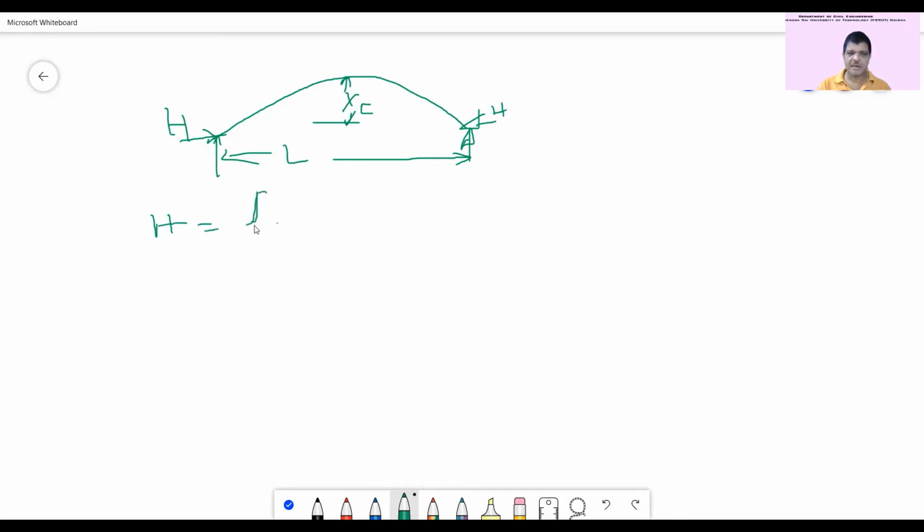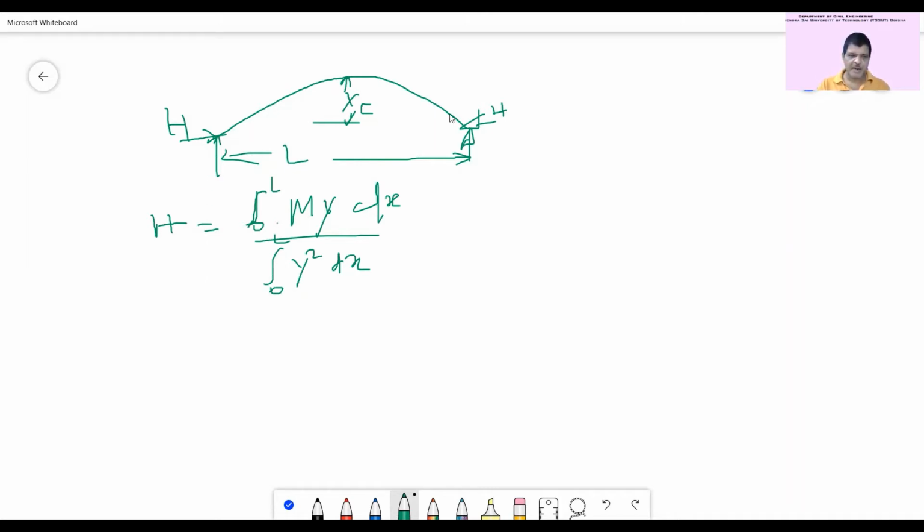That is, integration from 0 to L of M y dx divided by integration from 0 to L of y square dx. So this is the basic thing. Y is the variation of the shape of this arch. It may be a parabola, maybe circular, maybe semicircular. So according to that y will vary, and M is the bending moment due to the vertical loads. Just like a beam, you can take a simply supported beam and with the vertical loads calculate the bending moment at the sections that are required.